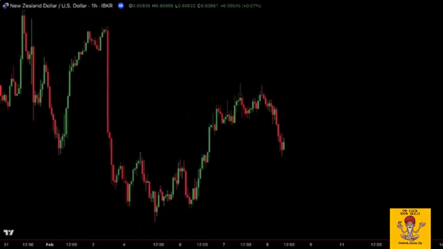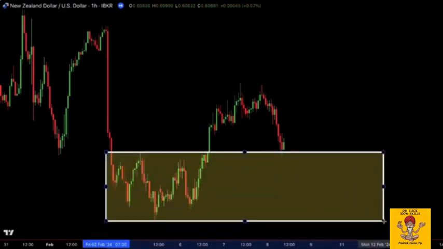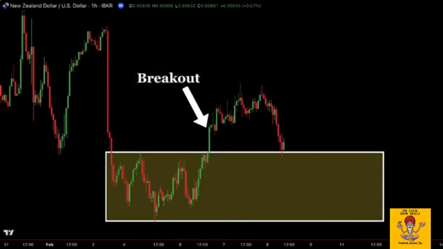Now that you understand how to trade wick rejections, let's explore another powerful price action pattern: inside bars. Look at this chart example. Price has been moving sideways within a range, showing that neither buyers nor sellers have full control. Then, suddenly, buyers step in with strong momentum, breaking above the range in a powerful move. Once the breakout happens, many traders rush to enter, expecting the market to continue higher immediately, but instead of moving straight